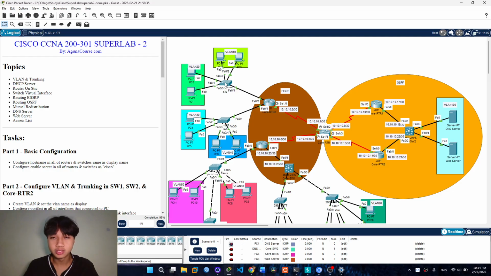we'll set interface FA 0/2 until FA 0/4, or Fast Ethernet, to switchport mode access, and FA 0/1 is switchport mode trunk.